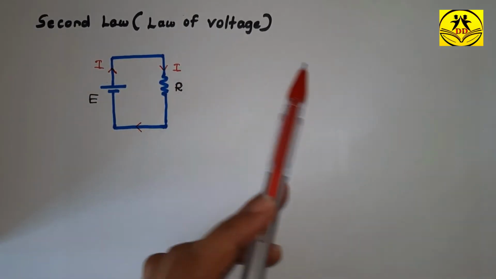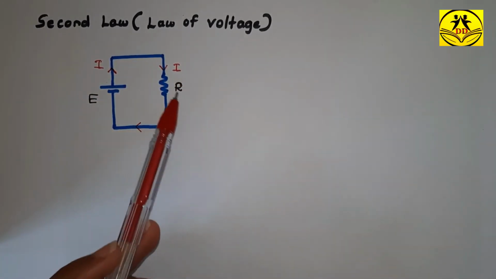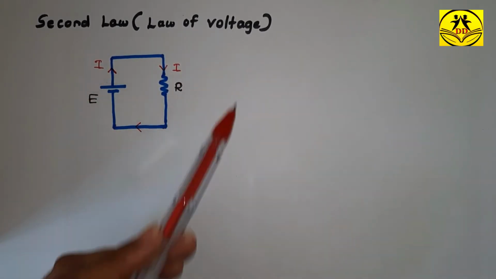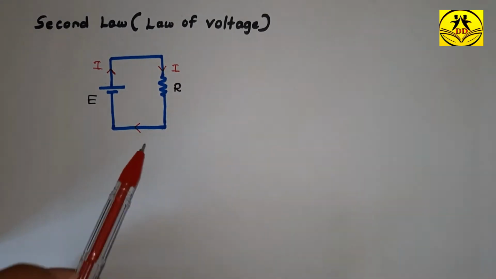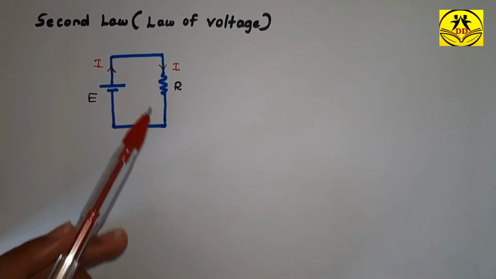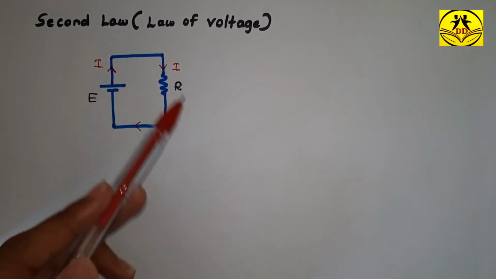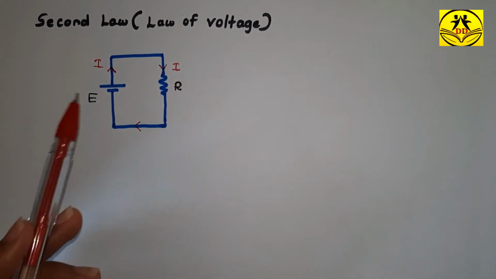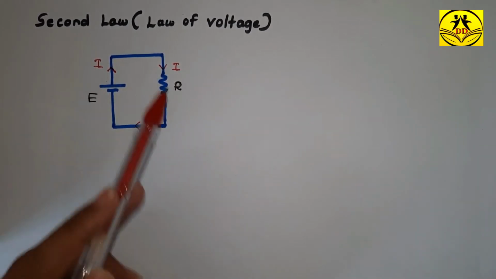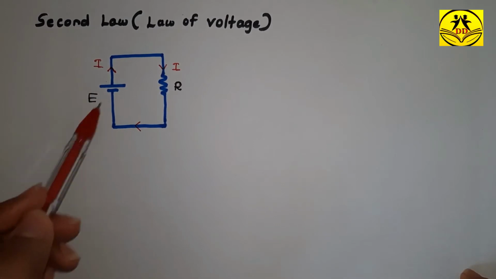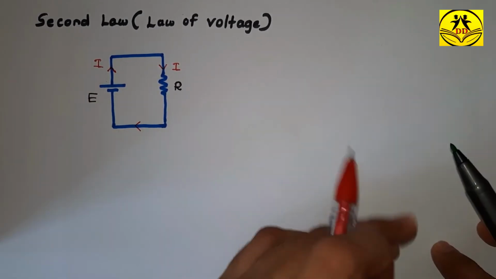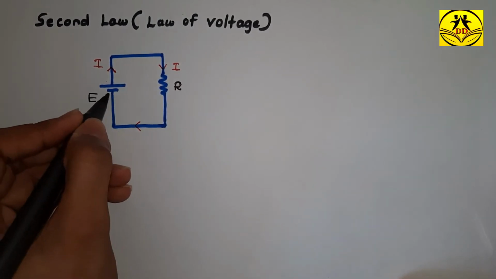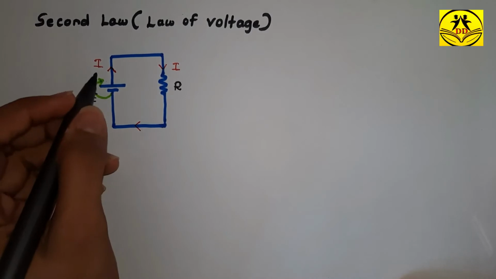Now in complex circuits with many branches, you can select many loops. So the algebraic sum of the products of currents and resistances to a selected direction of a loop is equal to the algebraic sum of electromotive forces towards the same direction. Now here we have one cell. Here we can mark the direction of electromotive force from negative to positive. I have taught you this earlier.